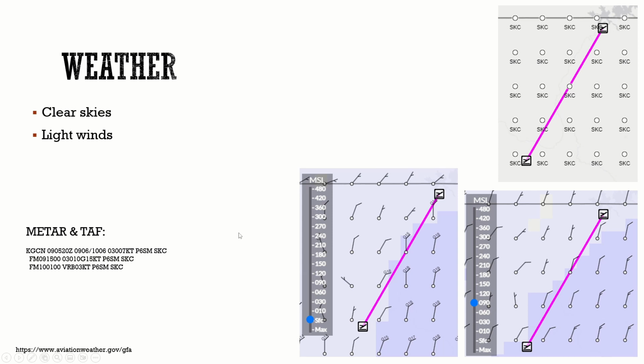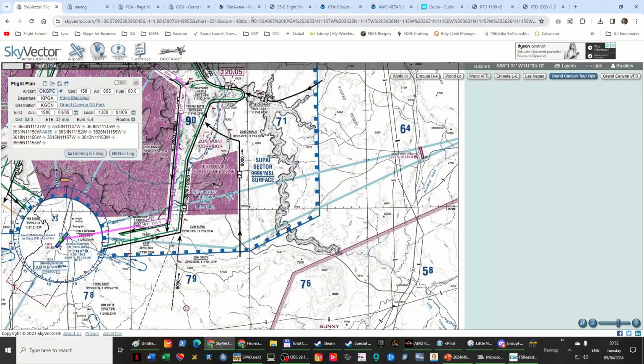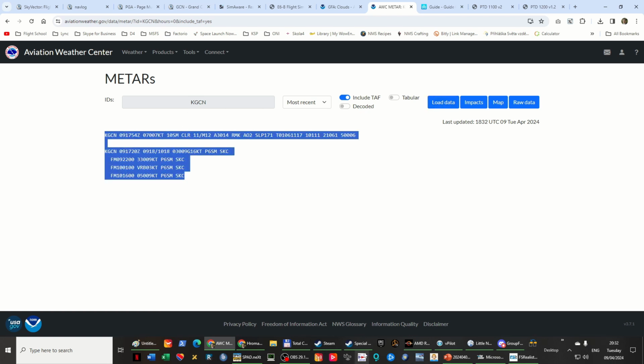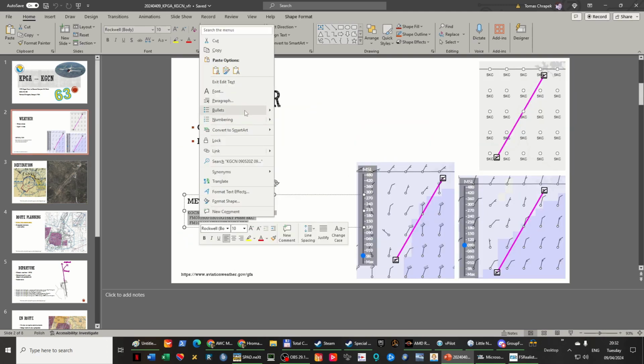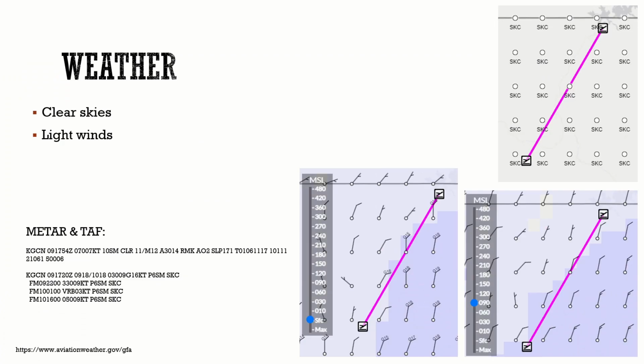I believe I can even safely skip the weather because it's perfectly clear. I'll just update this here. So as you can see, we have light wind, great visibility, clear skies,